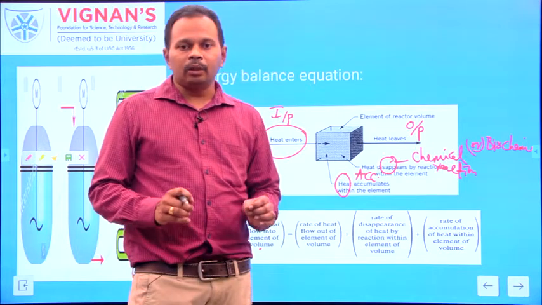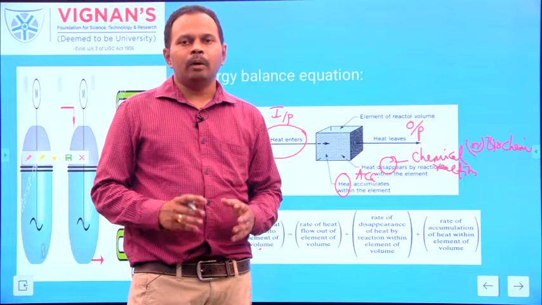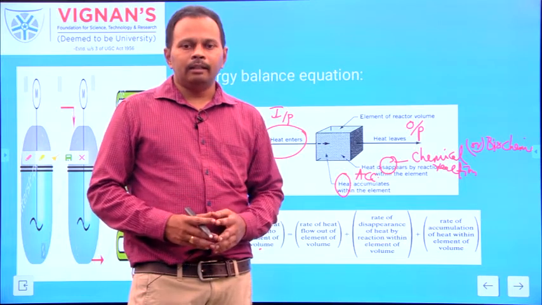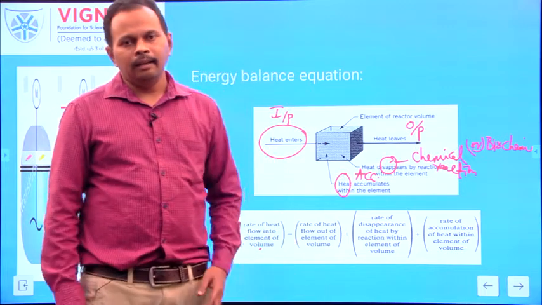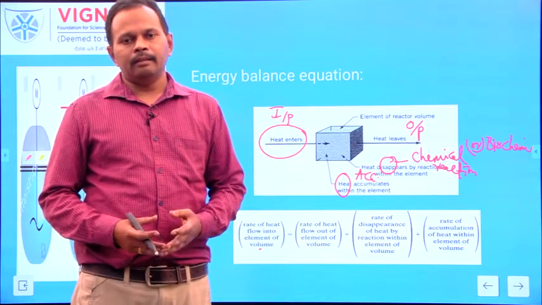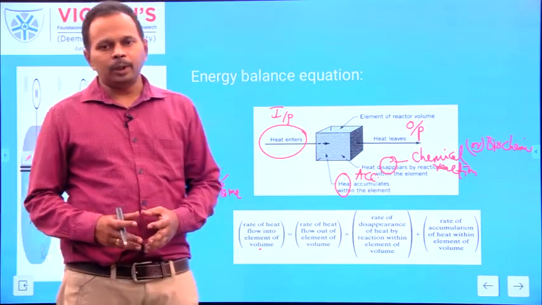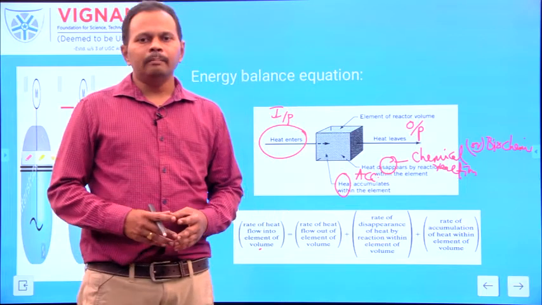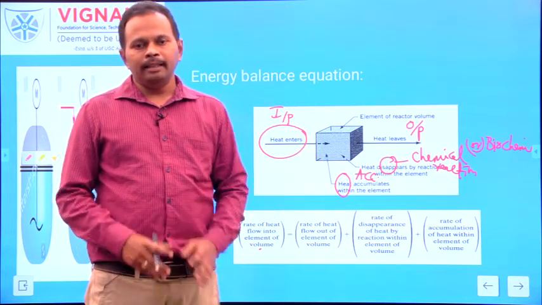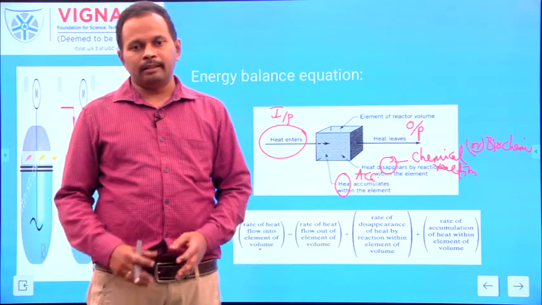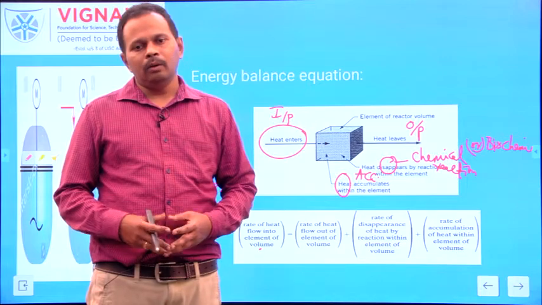When the concentration is not uniform within the reactor, we need to break down the entire volume into small volume elemental steps, apply the mass balance equation to any one volume elemental step, and then integrate to the whole reactor. Similarly for the heat balance equation, whenever the temperature is not uniform within the reactor, break down the entire volume of the reactor into small volume elemental steps, apply the heat balance equation to any one volume elemental step, and then integrate to the whole reactor. Then you can apply it to the whole reactor.